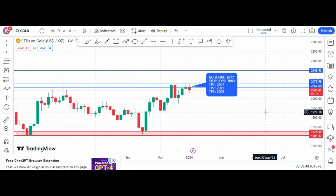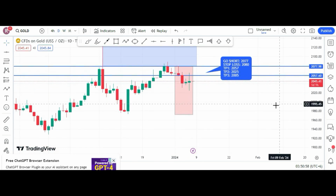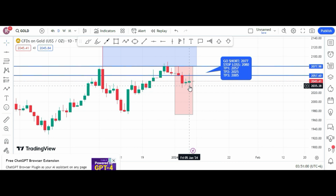Last week when I predicted the gold, it worked very well, because I wanted the price, the short, to be taken at 277. So if we count Friday, these are the four days. This is January 1st, and this is January 2nd. So January 1st, it didn't materialize, but on January 2nd, the gold hit 280,